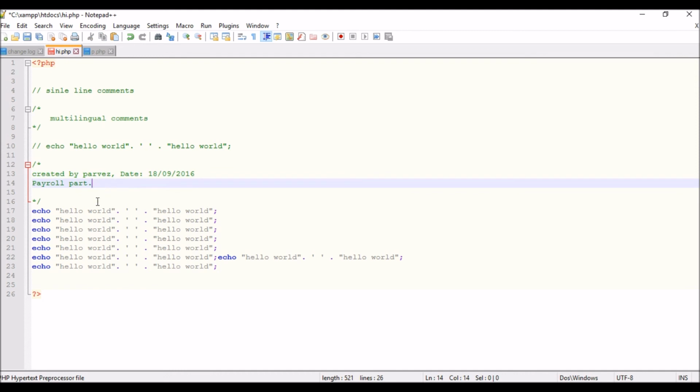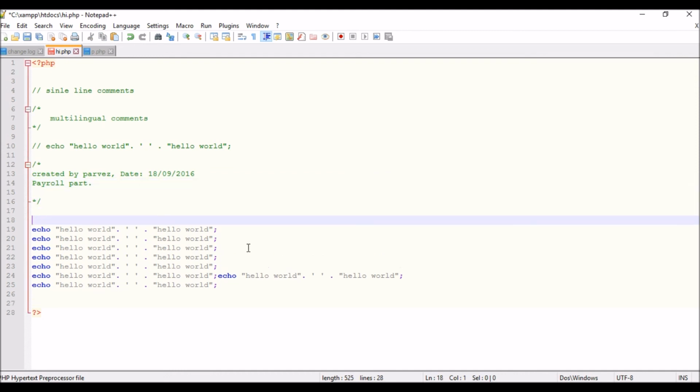Now let's say after some days somebody replaced me, I left the job, and the company wants to change the functionality, and wants to change some part of the payroll system, the payroll module.